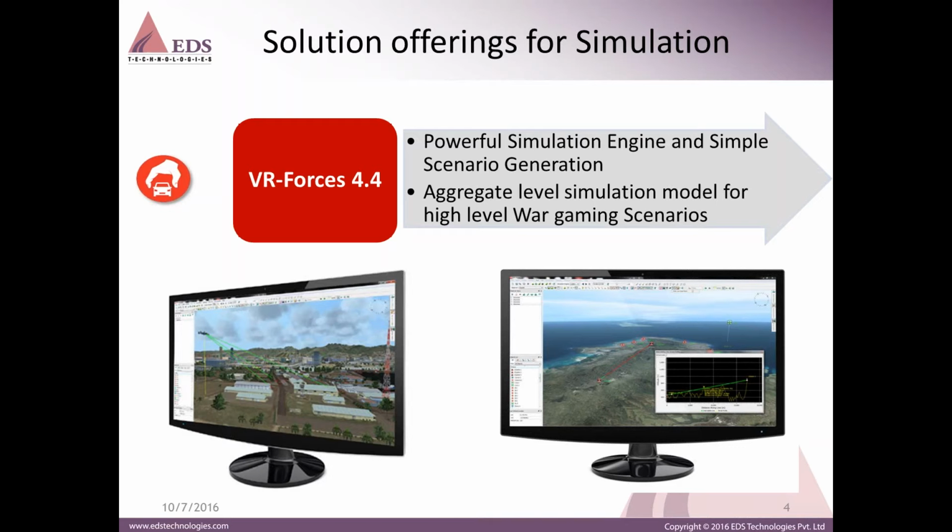Whether you need a threat generator for training and mission rehearsal systems, a synthetic environment for experimentation, an engine to stimulate C4I systems, or aggregate level simulation models for high level volume scenarios, VRForces gets the job done. Currently we have version 4.4.